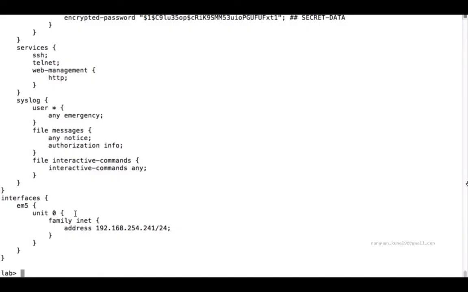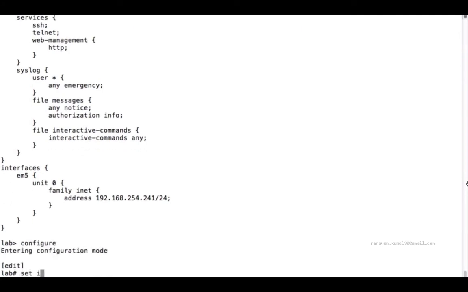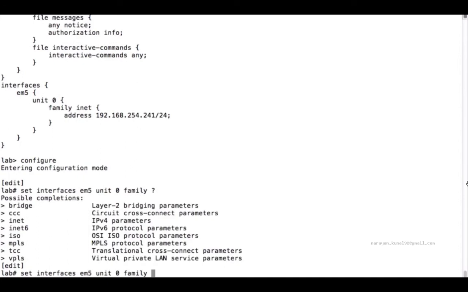So what's family? Well, family is basically the way that Juniper has of keeping their consistent configuration model. So basically, a family means a protocol. So you can actually see it. If you go into configuration mode and we do set interfaces, doesn't really matter the interface .0, which is basically a shortcut for unit 0. You could do it as well like unit 0. And then you go family and you use a context-sensitive help. You can see we have several protocols here. The most interesting ones are, of course, IPv4, which is inet, IPv6, which is inet6, and